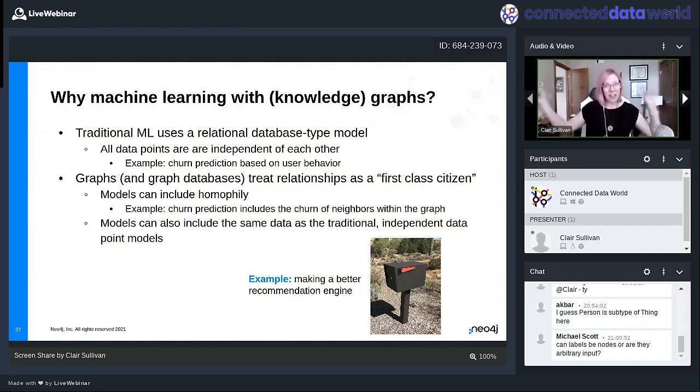Okay, but let's look at all of my geographic neighbors here. None of them bought mailboxes either, and for the very same reason. Now, if they considered that I lived near all of these people and that none of them bought mailboxes, then they might not be recommending mailboxes to me. And especially also because they had my zip code. True story though, said big box hardware store has a whole row of mailboxes waiting for people in my area to buy them, and nobody is. It's collecting dust because they did not consider the relationships between the data. Okay, so machine learning with any graph, but knowledge graphs today, is a really powerful tool that can really enhance the accuracy of your machine learning models.